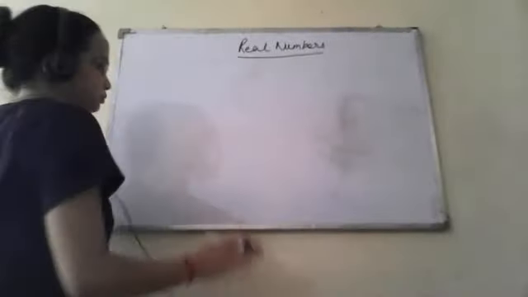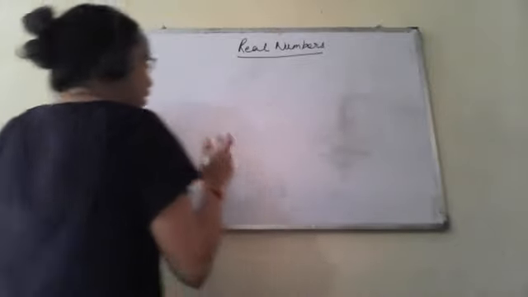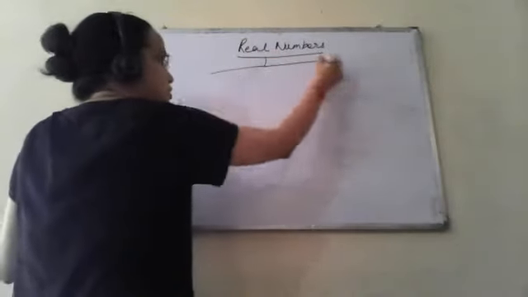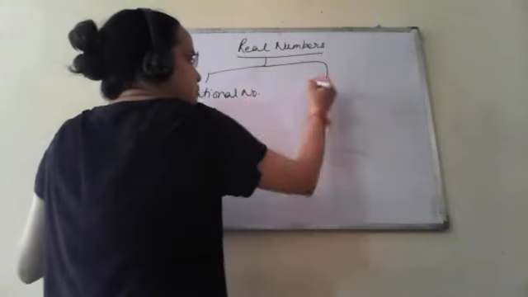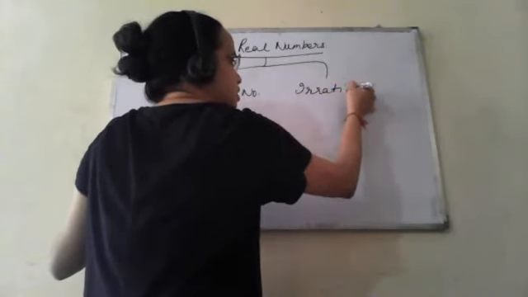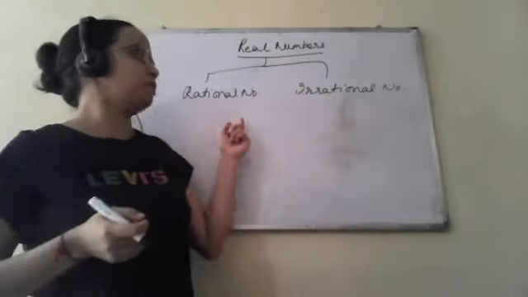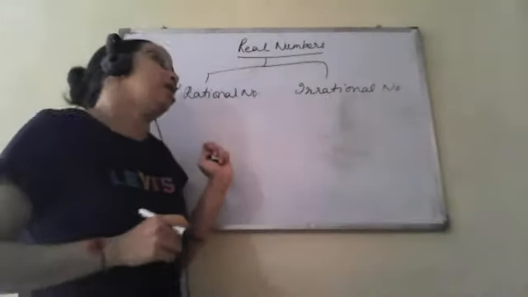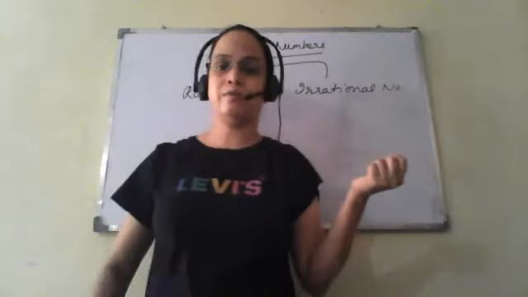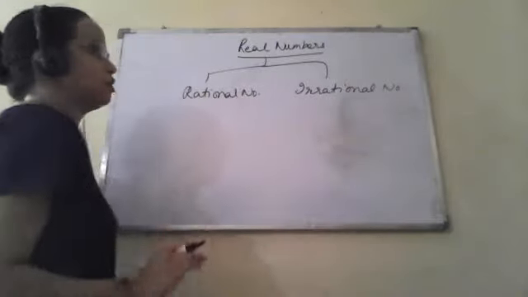So in short, real numbers consist of rational numbers and irrational numbers. So far we have discussed rational and irrational both. These two kinds of numbers together form real numbers. So real numbers consist of rational and irrational numbers, and these are numbers whose square is a positive value or a positive integer, or you can say the square of that particular number should be non-negative.